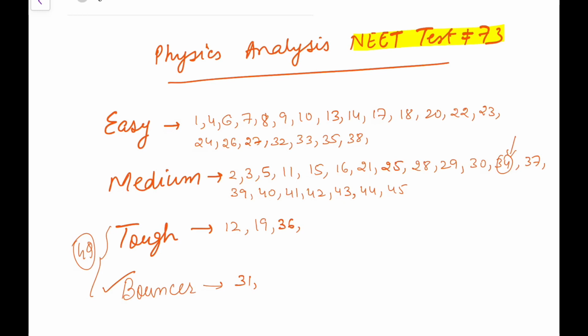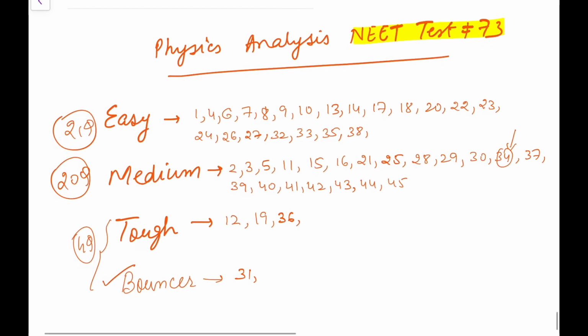If I take the easy ones, it is approximately 3, 6, 9, 12, 14, 16, 18, 20, 21. You can check, I might be wrong by 1 or 2 in calculating. That is roughly 20 questions are medium and 4 to 5 questions are tough, but it is slightly going to be a more time-taking paper, so I expect scores to be dipping here.